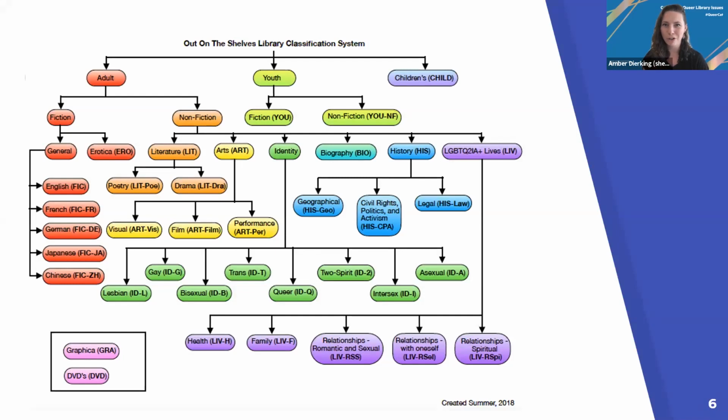So the first big project that we got to start off with was a classification system, which I was lucky enough to do. And why was this the priority? While previous volunteers and community members had been saying that the old system wasn't working for some time now, it had been built really haphazardly over the past 30 years with no consistent or cohesive terminology or organizing principles. It was outdated, it wasn't conducive to browsing, and didn't always reflect what the collection actually is.